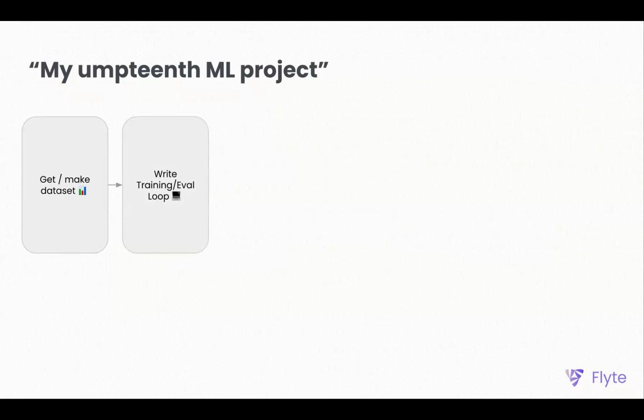Then essentially you have to write the training and eval loop. I'll assume you're working with neural nets and deep learning: you write the code that trains, iterating through batches of your data, updating your model, and evaluating your model, so you can see how your loss or your objective function value is increasing or decreasing over time. You typically will do this locally on your laptop or maybe on some kind of remote workstation, Jupyter notebooks, etc.